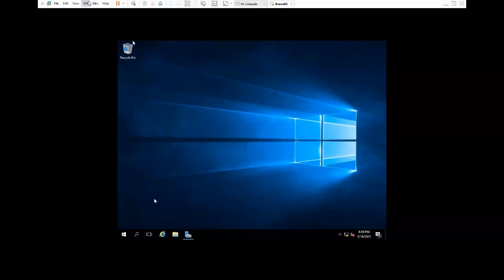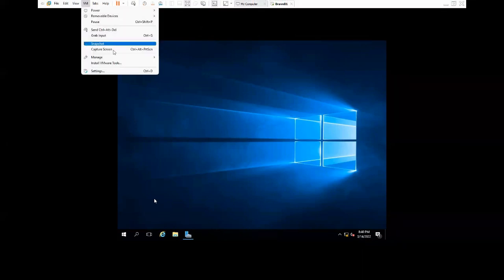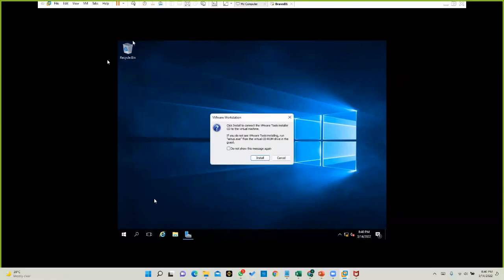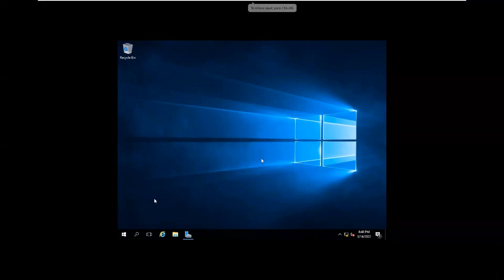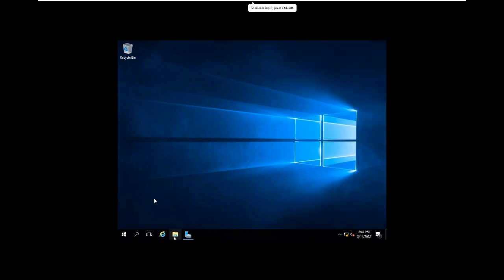How do we install it, right? Go to the VMs and install VMware Tools, right? Once you click install, you can find the installation file. It's mounted to the CD drive, right? So then run it.